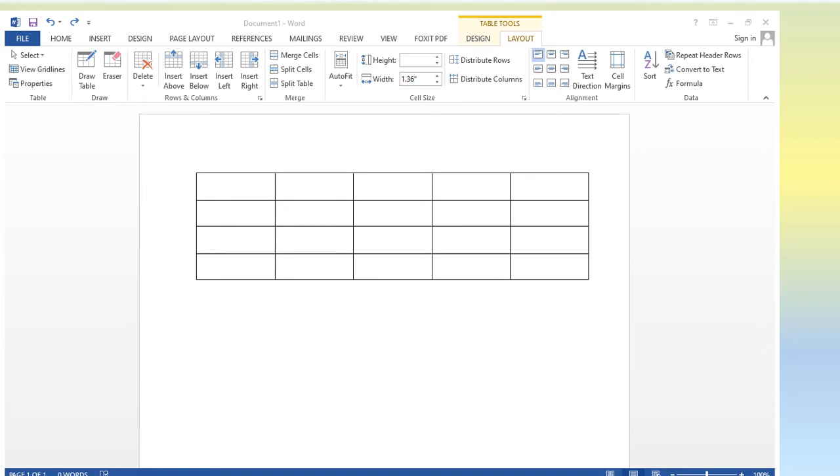There are a total of 9 types of alignments given. Mainly in Word 2010 you will get a total of 9 types of alignment. So you can choose any one according to your wish and requirement.